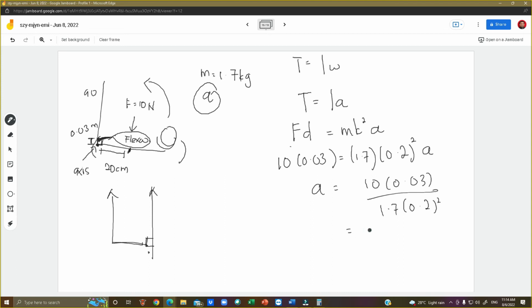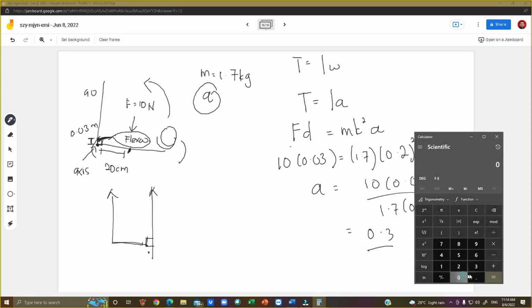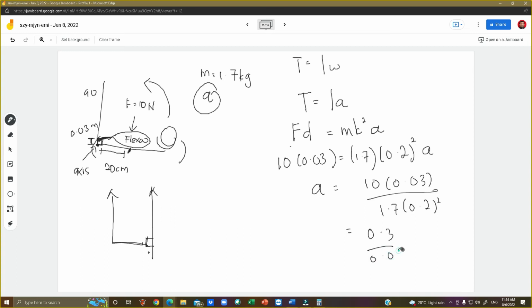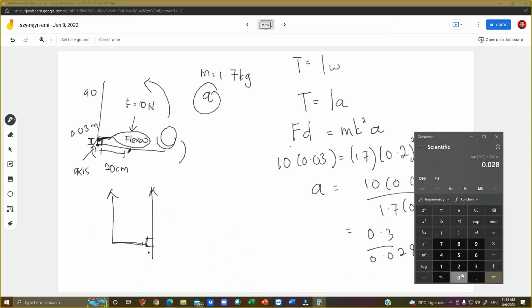Berapa kita dapat ni? 0.3 bahagi 0.2 square kali 1.7. 0.028. 0.3 bahagi 0.028. Kita dapat